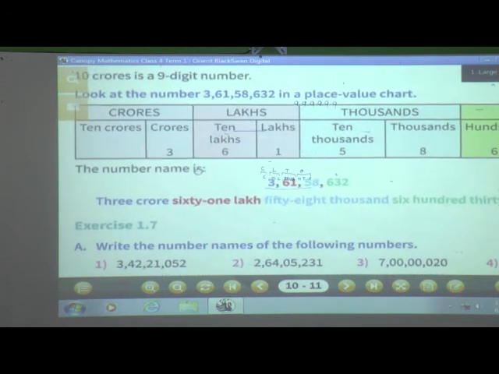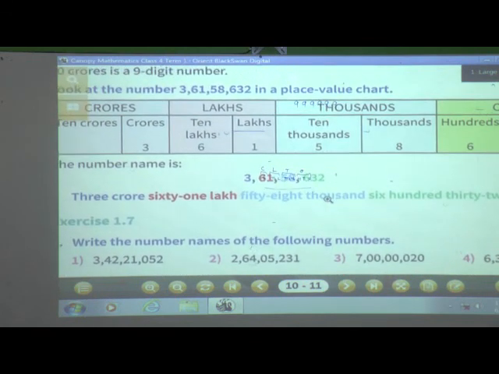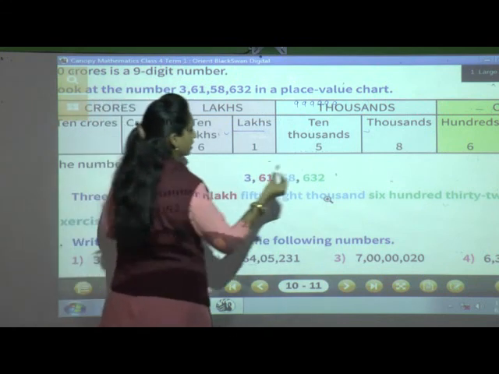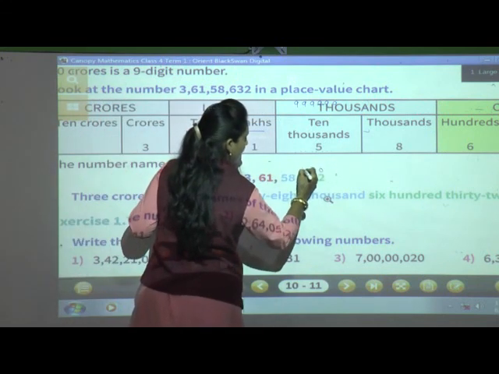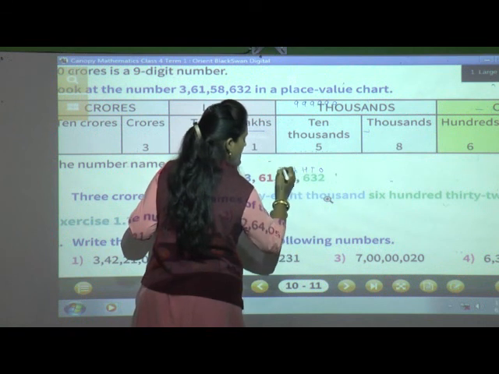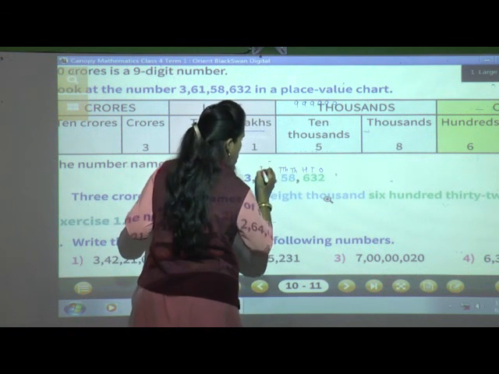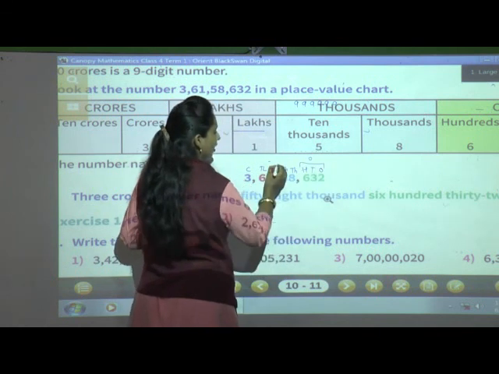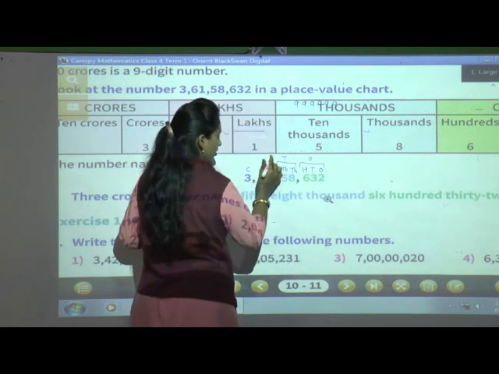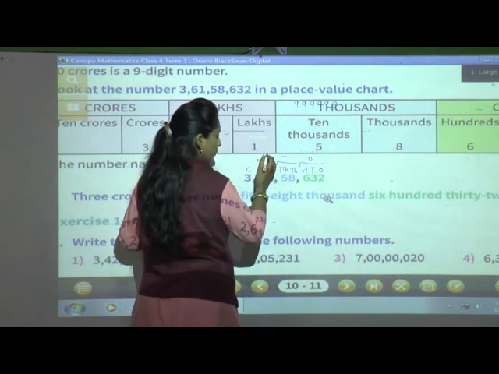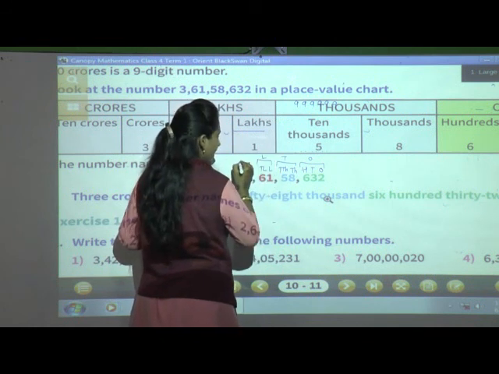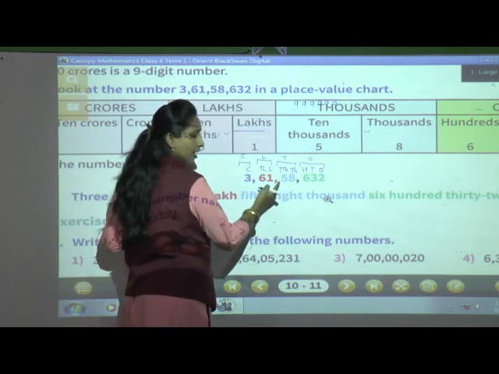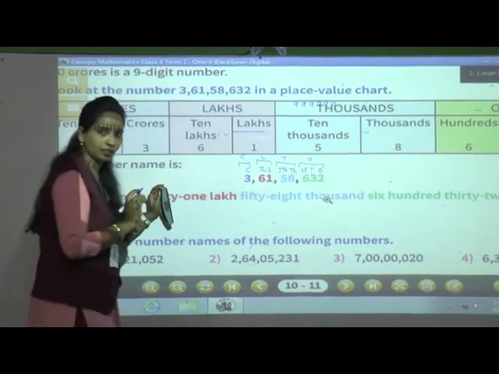Now see, I will show you properly. Yes, now you are able to see, I think. Once again I will write properly. Place value to give a number. Ones, tens, 100, 1000, 10,000, lakh, 10 lakh and crore. These 3 numbers will come in ones period, 2 numbers will come in thousand period, again next 2 digits will come in lakhs period, and next will come in crore period. See, after 3 digits comma, after 2 digits comma, after 2 digits comma.